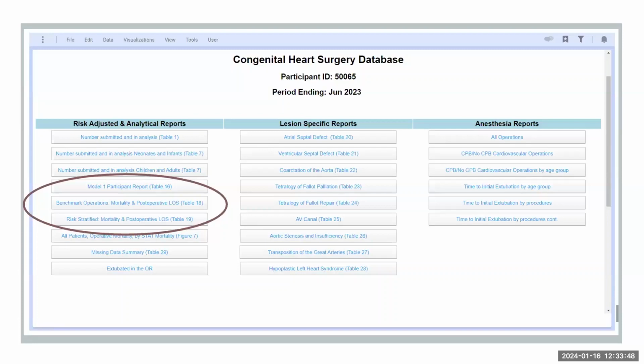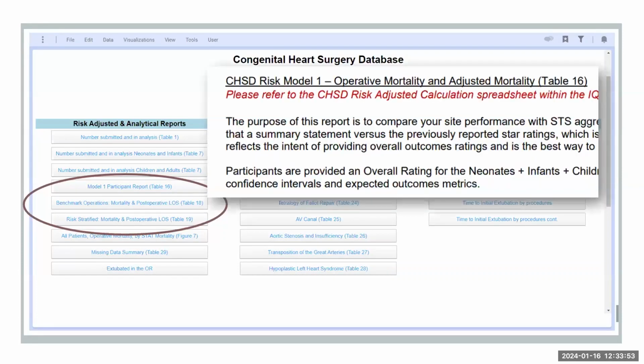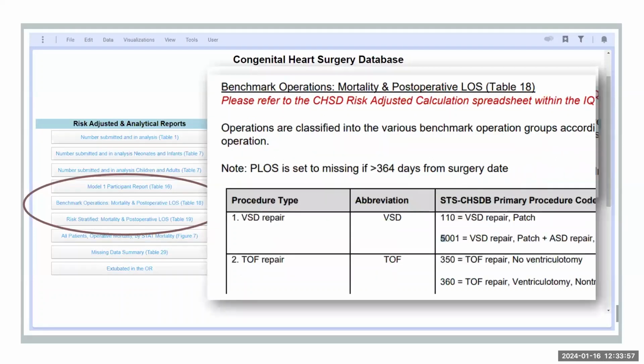I won't go into detail, but the next slide shows you same thing, analysis overview, table 16. Next slide. Table 18. And this also includes, you can see a little in the screenshot, this is for benchmark operations, and there's a table in the analysis overview that tells you exactly which procedure code needed to have been selected as primary